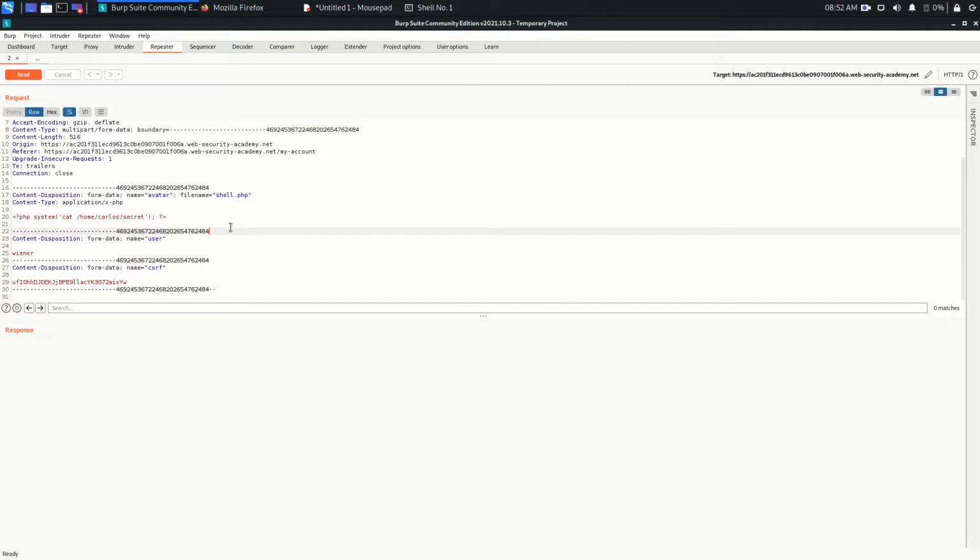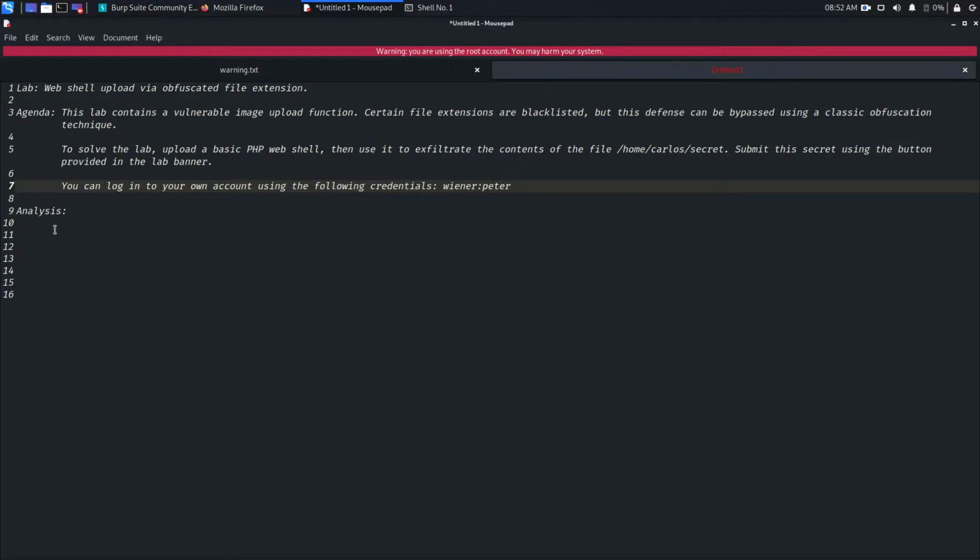Fine. So there are a bunch of ways you can use. Suppose shell.php cannot be uploaded, so this is in the blacklist. This is the extension, and any such extension in this file is not going to be allowed.